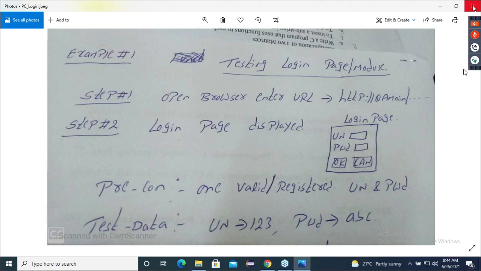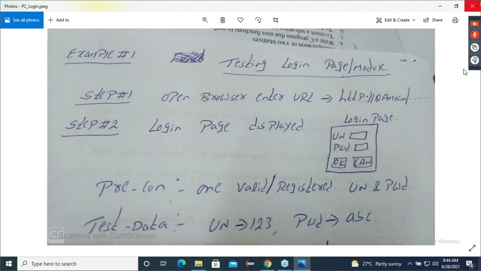But this precondition and test data are not decided according to any formulas. They are decided according to your knowledge. Is it the right statement? Based on my understanding of the requirement, I have to decide this. So that's the reason I said, no one can teach you to mug up answers. You should only understand the concept.